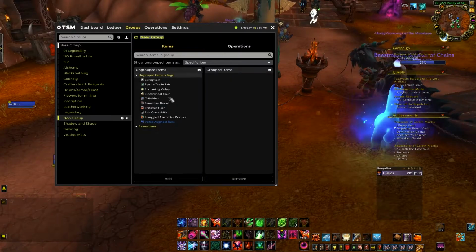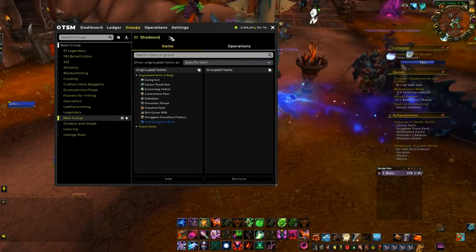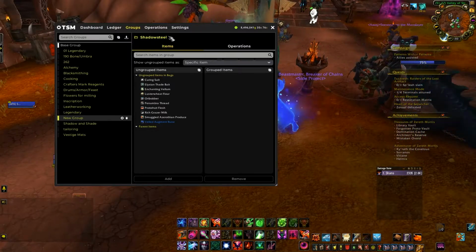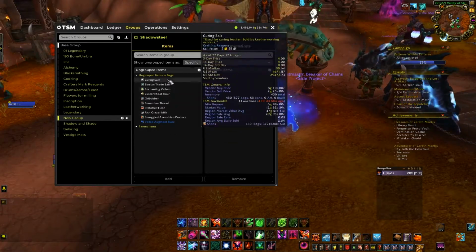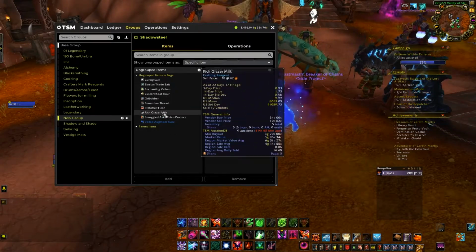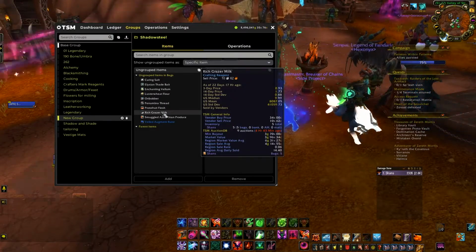You just hit the plus icon. It's going to create a new group. You can change the name if you want. I thought about what we're going to do here, so I'm changing it to Shadow Steel. And then here's the ungrouped items that are in your bag currently. So I have a lot more in my bag, but this is what's not in a group already in my